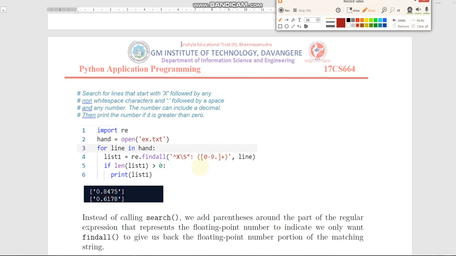See this one, we have written the pattern. The line should start with the x, no space, non-white space characters. The star indicates zero or more occurrences of characters, followed by colon, followed by space. Then we need to extract only the digits. That is why here we have enclosed it inside the parentheses. The parentheses mean we want to extract only the